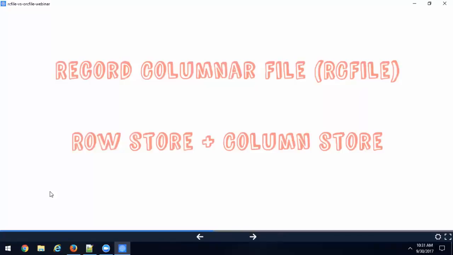Okay, we may not have the time to see how it does it, but it does it for you. All right. With these, it's very simple to convert actually. Take a text file and convert it into an RC file, or take a text file and convert it into an ARC file. It's very easy. So you don't have to worry about writing a program or anything. If you're using a tool like Pig or Hive, you can easily do it, right?